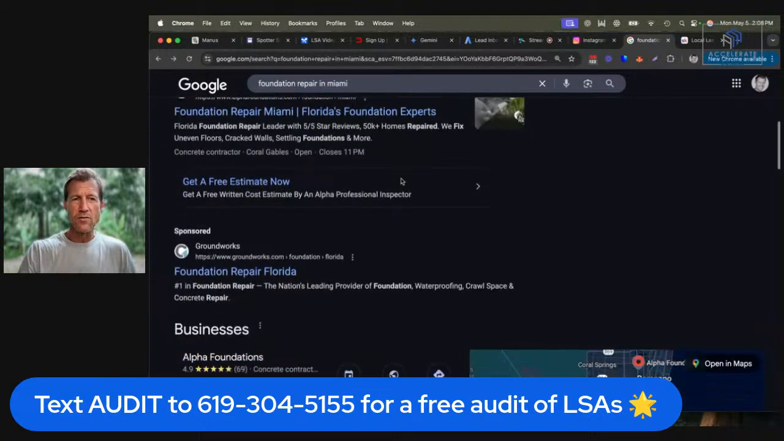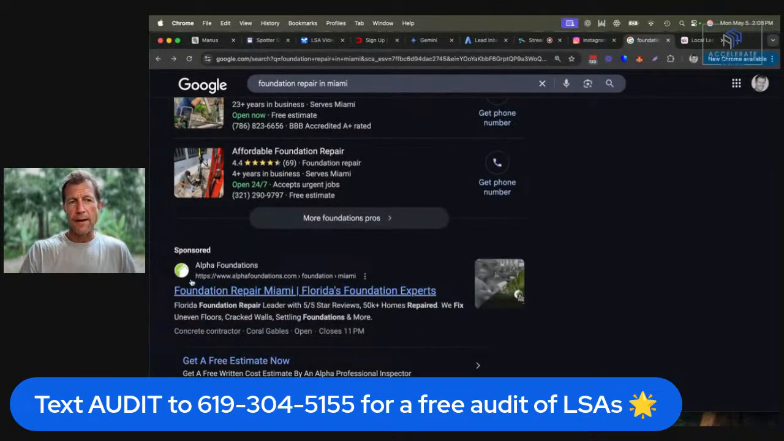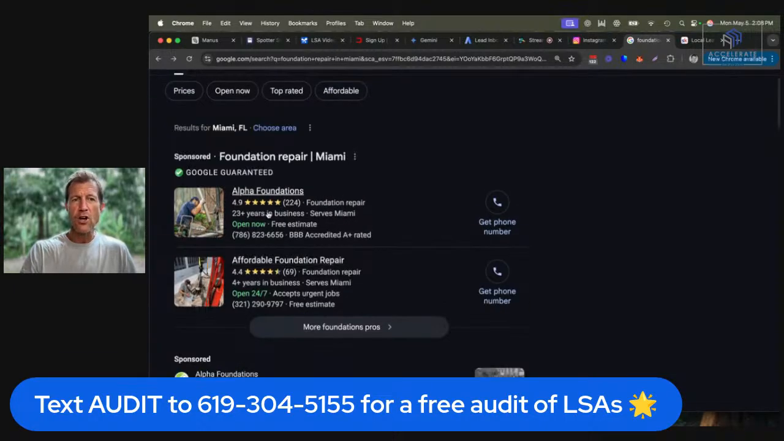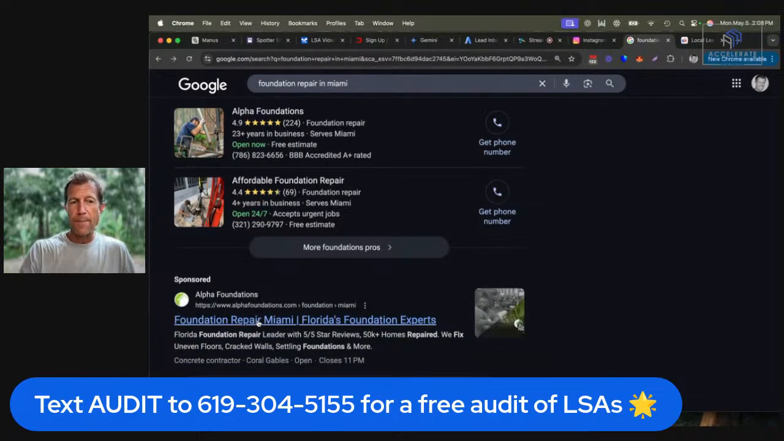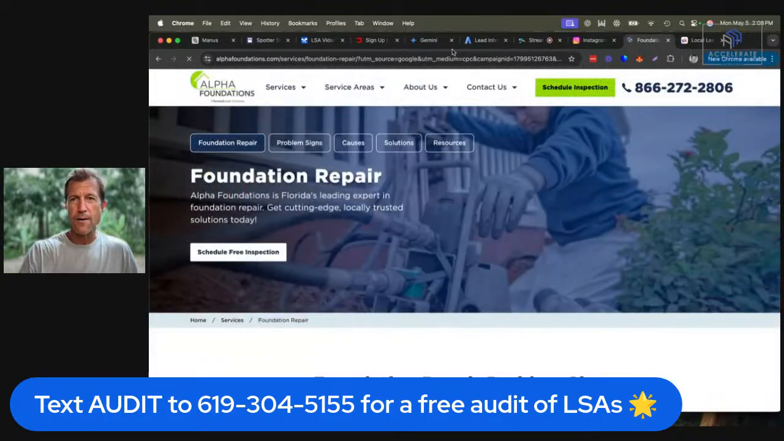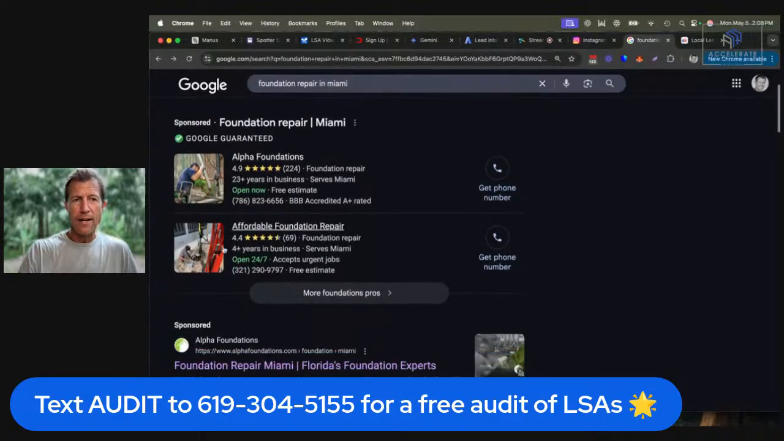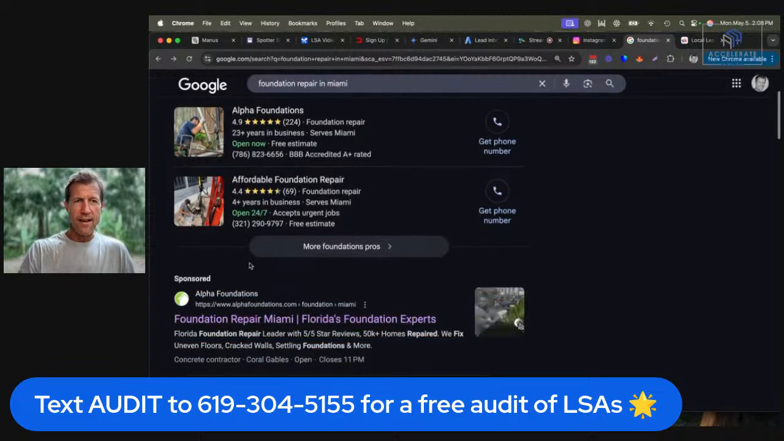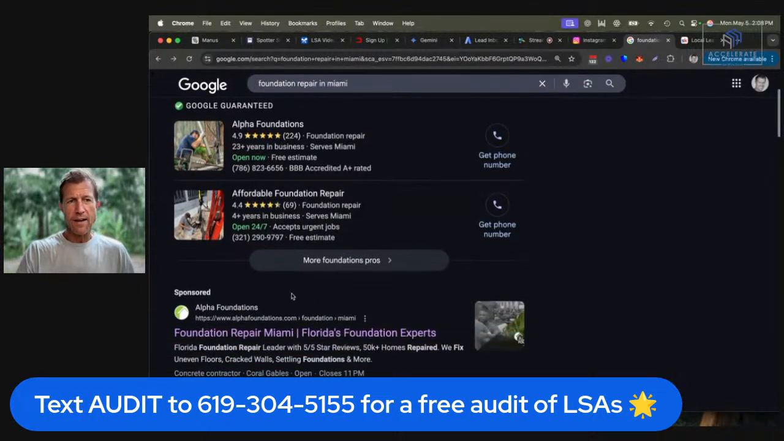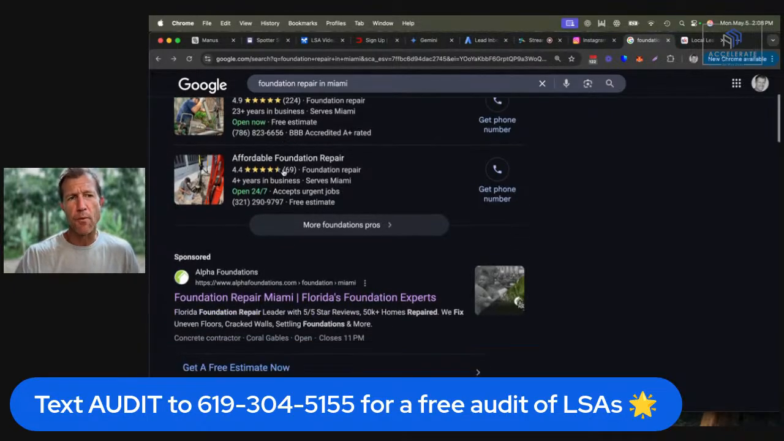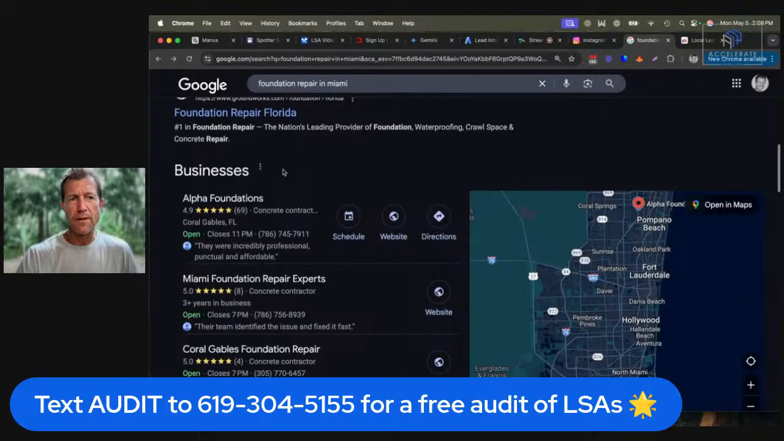And by the way, like this company, Alpha Foundations, they're running Google pay per click. He's paying per click. Up here, all you pay for is the phone call. You don't pay per click. You could send a lot of people to your website, like this guy, like I'm going right now, but how many people actually call? A very low percentage. Why? Because there's no social proof here. There's no reviews. There's no specificity, so people don't even know that they're in Miami, maybe. So this is why it's really important to